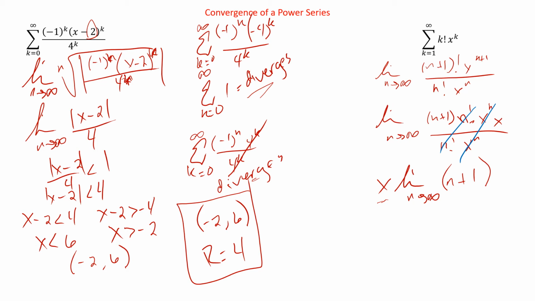So if x equals 0, over on the last one, if this had happened, it would be x minus 2 equals 0. So it's when x equals a, when x is at the center, it can still converge. Because here, if x is 0, the whole thing goes to 0. So it will converge at